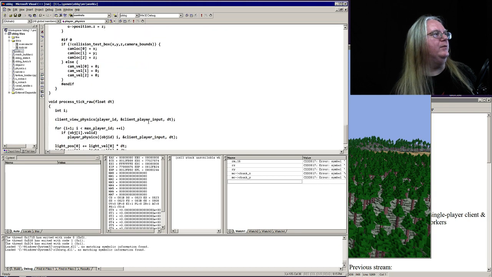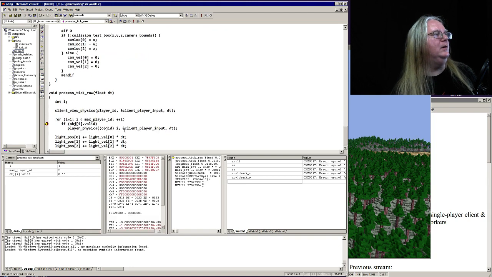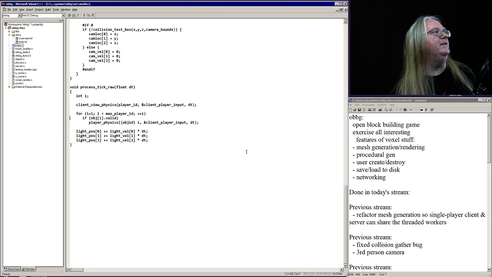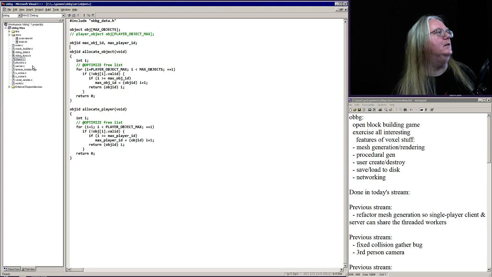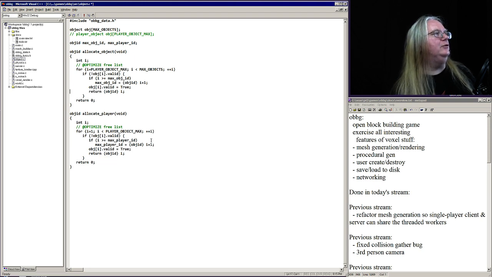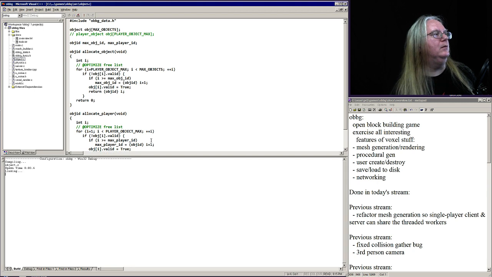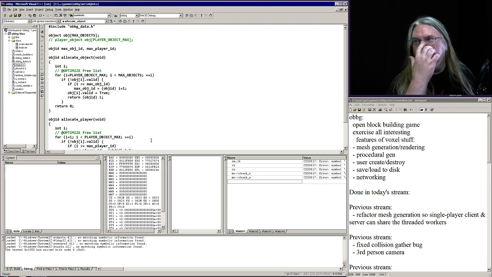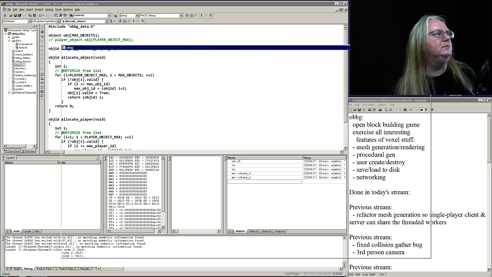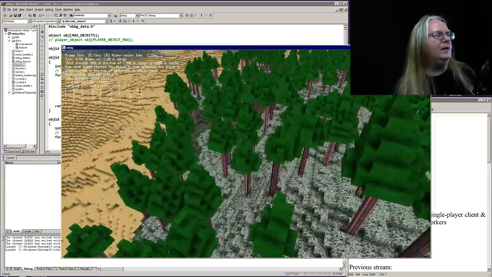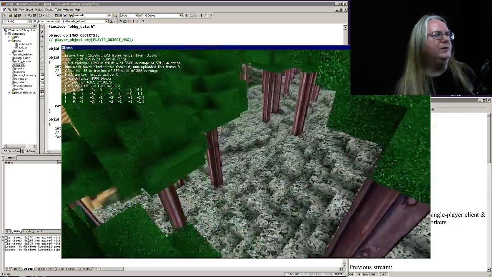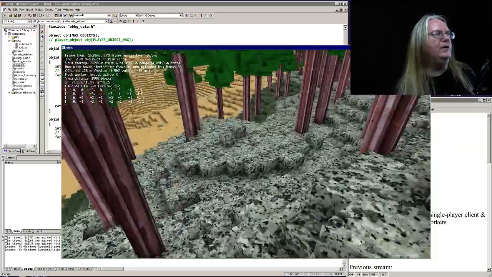This is never being called. I never set it to valid when I allocate it. Obviously hadn't run it in a little bit when I should have. Okay, so there we go. So now,